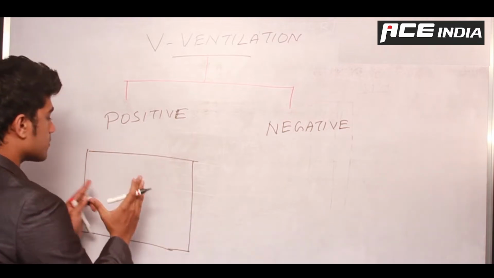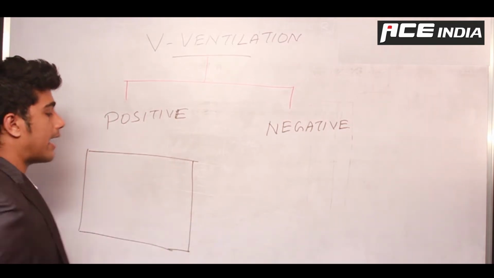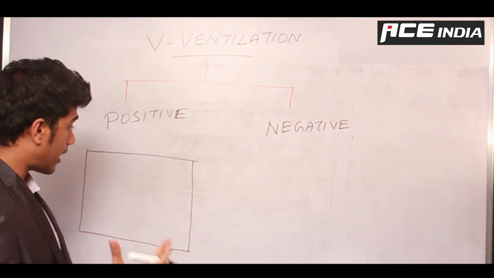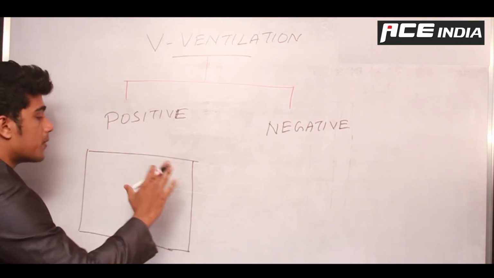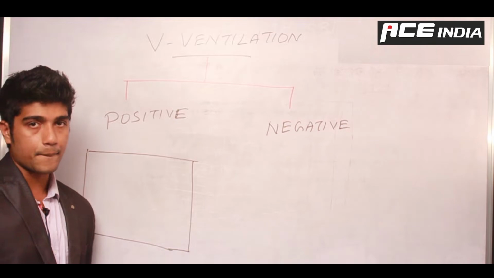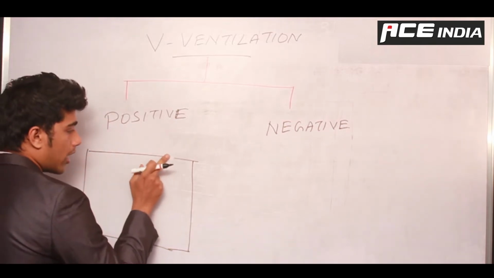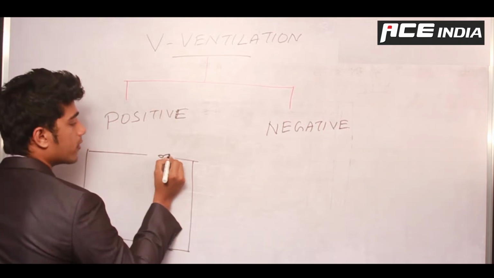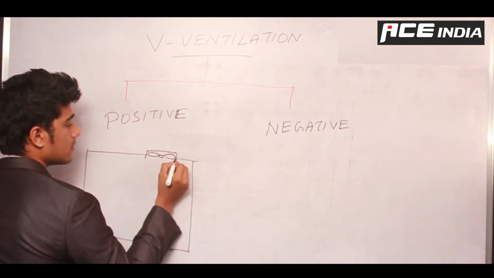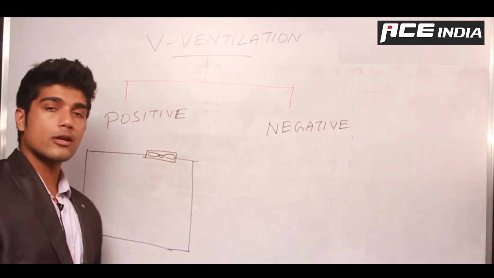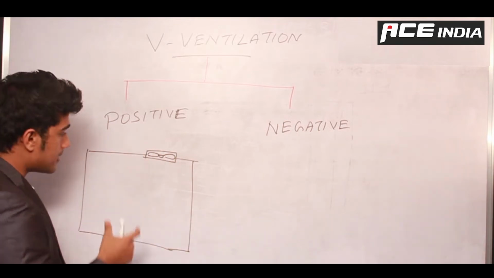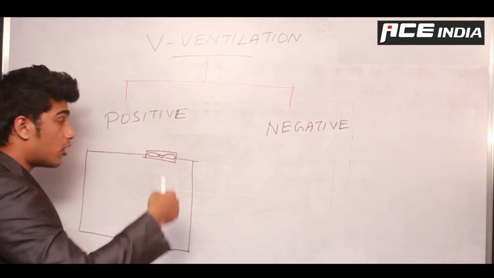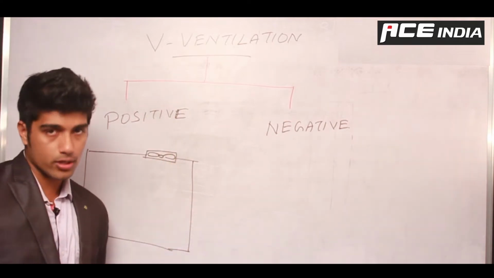Whatever it is, you have a small room which is containing a volume of air inside it. Right? Now what I need to do is ventilate the room. That means I want fresh air to be transferring throughout this room so that I have a better quality air inside. Right? Now for this, I use something called forced ventilation, where I just simply use a wall mounted fan. This is a wall mounted fan which is rotating like this. So what happens is, when this fan is rotating, air will be either going from here to here or it can go from here to here, depending upon the direction of rotation of the fan.